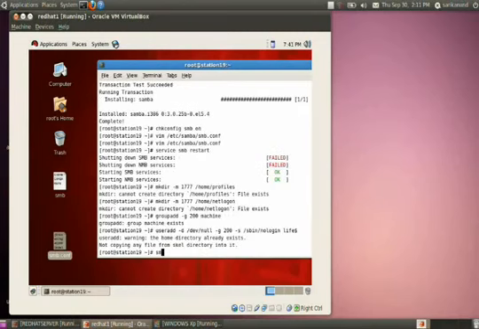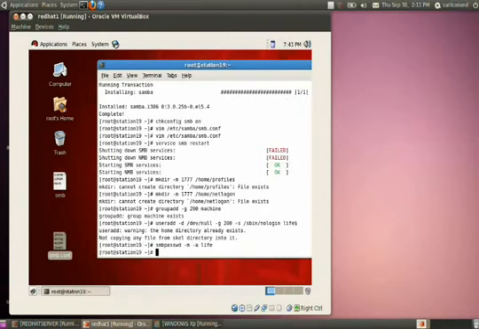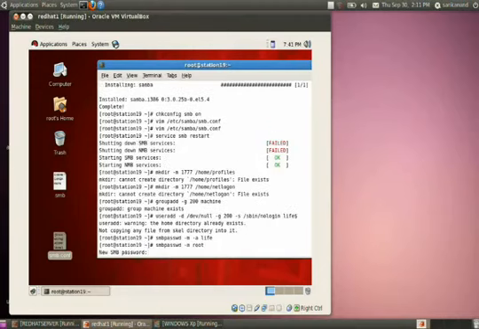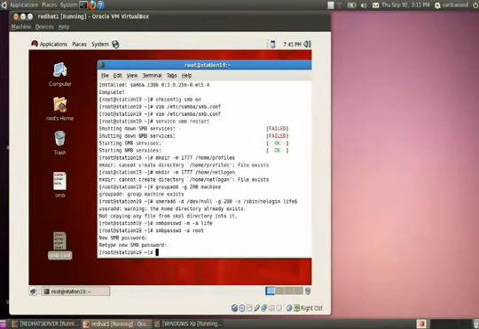Okay, then promote that user as a Samba user, life. Yeah, it's promoted. Then promote the root user as the Samba user. It is asking for the password. Then